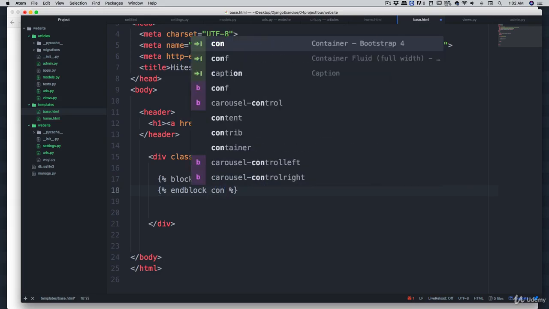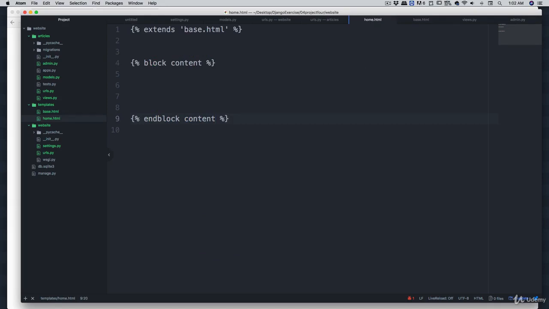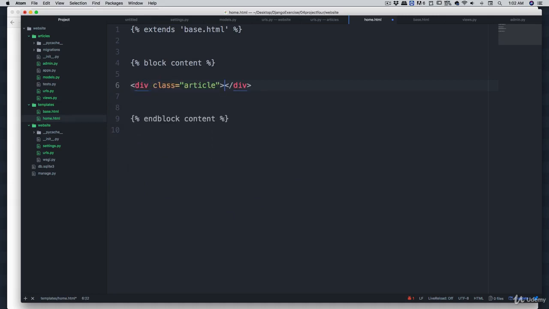A lot of people make this mistake, including me during my early days. So let's use curly braces again, and then two percent signs. There we go. Okay, and then we're going to say block content. There we go. And inside in here, we're going to be writing the content. So we're going to say curly braces and percent, and you know what, this is end block